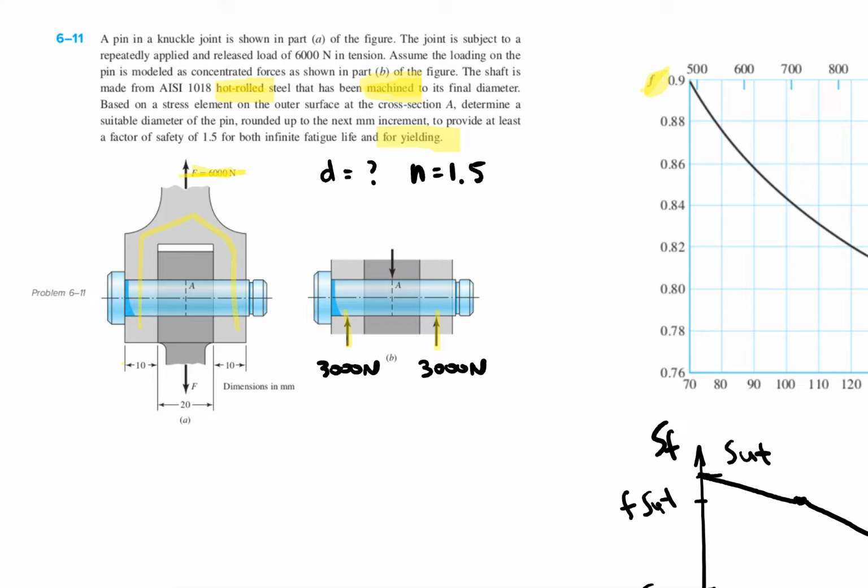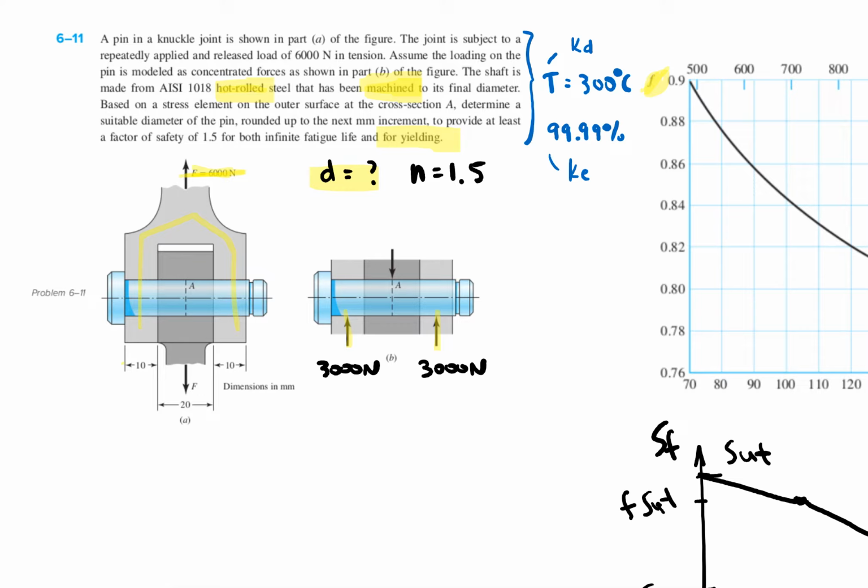Okay, and we're going to add a couple of things so that we can practice everything that we went over in class. So let's say that this operates at a temperature of 300 degrees Celsius, and that I want a reliability of 99.99%. Okay, so we can use that information for basically Kd and Ke. Right? So first thing, I'm going to calculate this diameter